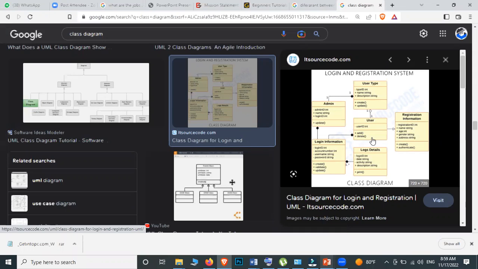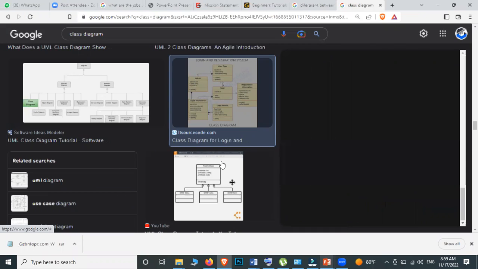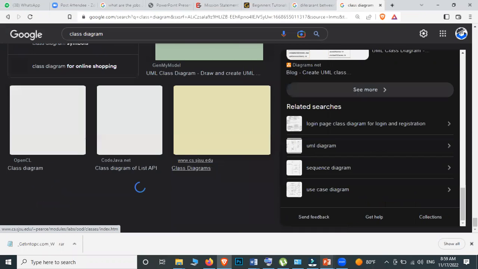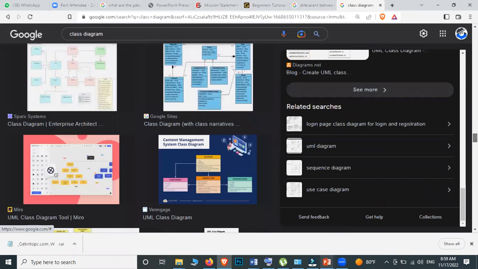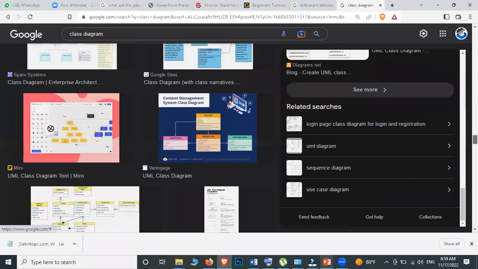එතකොට ඔයා login වෙනකොට ඒ details ඔක්කොම දීලා තමයි login වෙන්නේ. So login details is fully depending on the login information. Okay, එතකොට login information details කියන එක information එකේ fully depend වෙනවලු. So these are like few examples. We'll do some of these examples. We'll just go through one scenario and we'll draw it by ourselves. We'll draw one class diagram by ourselves, then you will clearly understand.